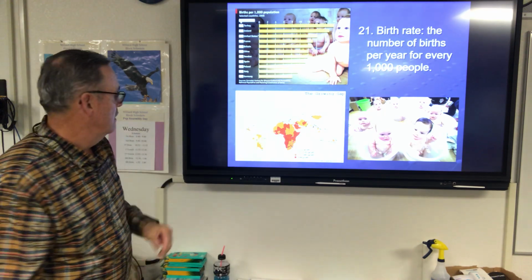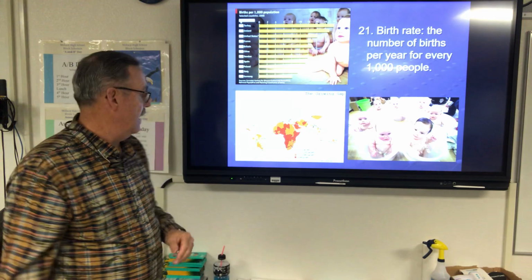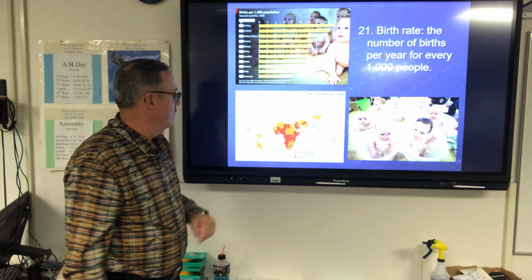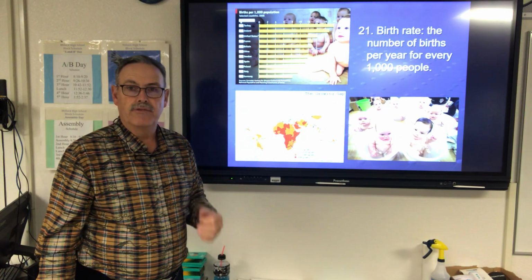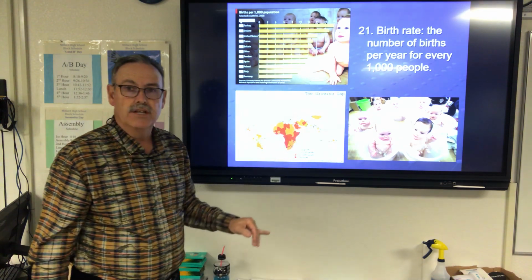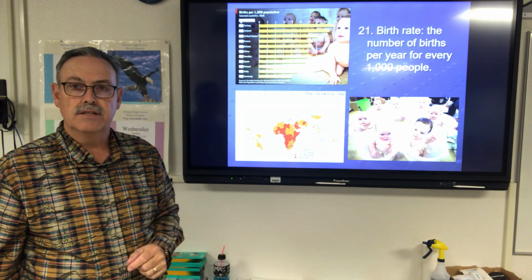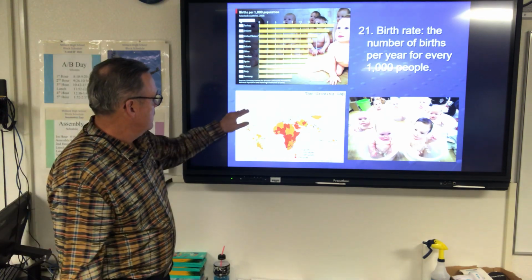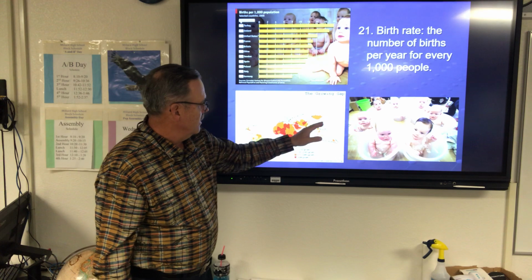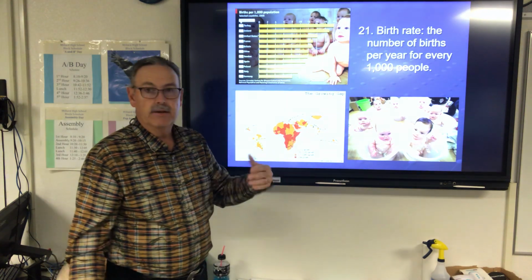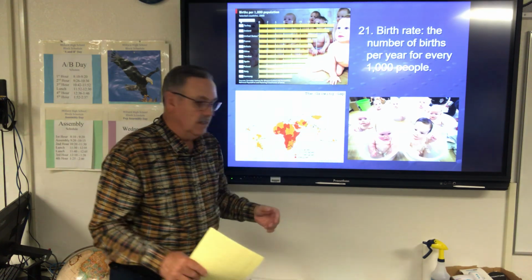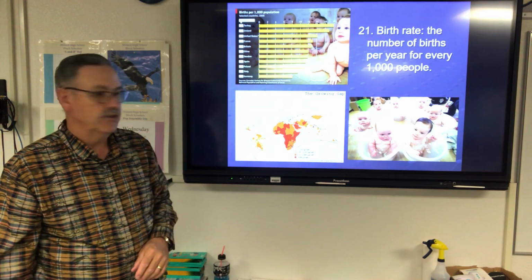What do you see? And hopefully what they see in that is the areas that are in white, that have less than 1.5% growth, are developed countries or developed areas of the earth. Whereas the places that have the color, and especially the darkest colors, are those that are developing countries or areas. So the United States, Canada, you've got Western Europe, all of Europe, you've got Russia, China, even though China has a large population, they're a developed country. Japan, Korea, here's Australia, and so those are the areas that are developed nations.